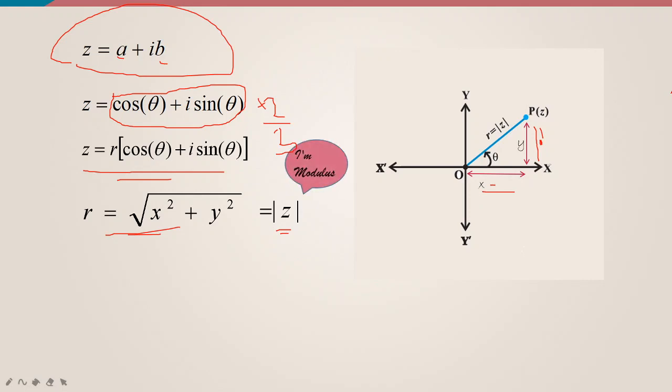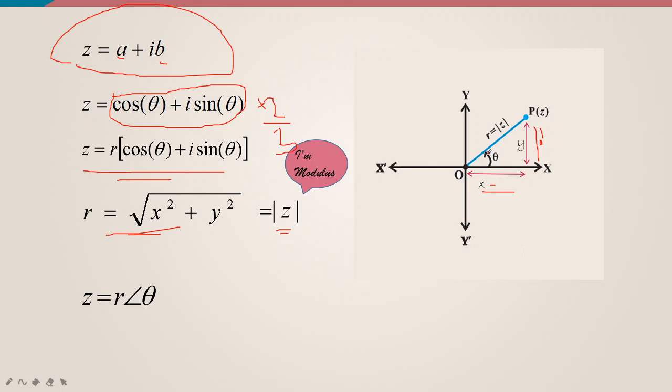So this is called the modulus. I know it's getting too much, so let's take our time. If you don't understand, just play the video again and watch it. As I said, there are different ways of representing complex numbers. One way is z is equal to a plus ib. Another way is z is equal to r cos theta plus i sin theta. Another way is z is equal to r angle theta. Now r, we know what it is; what about angle theta?